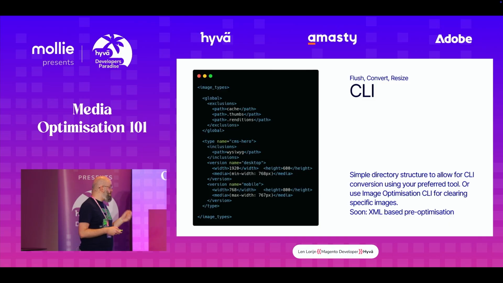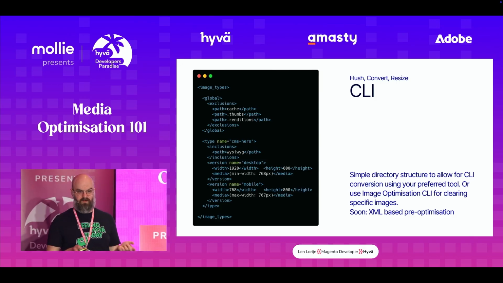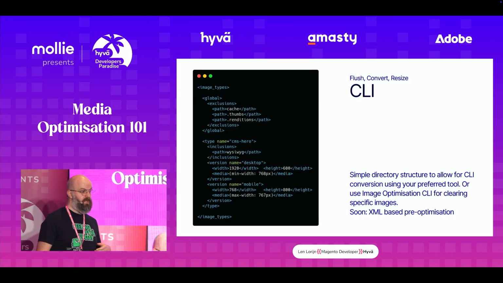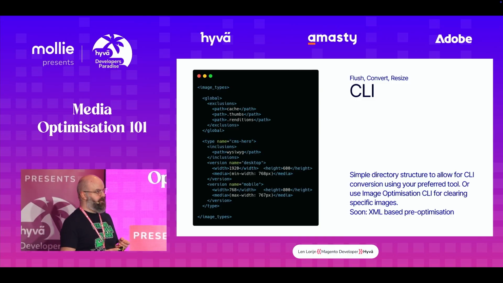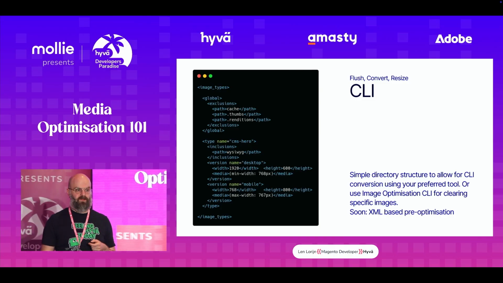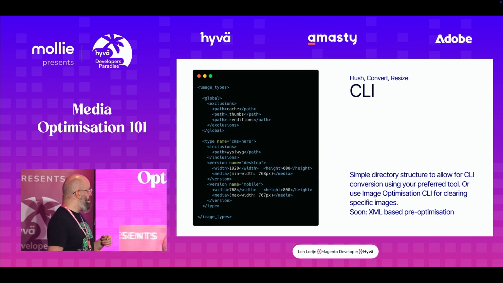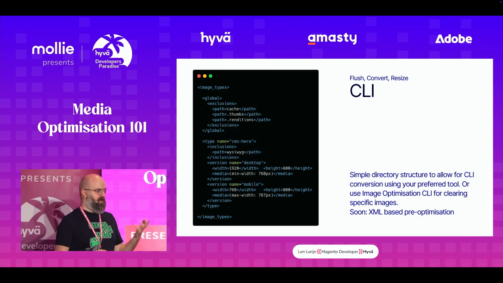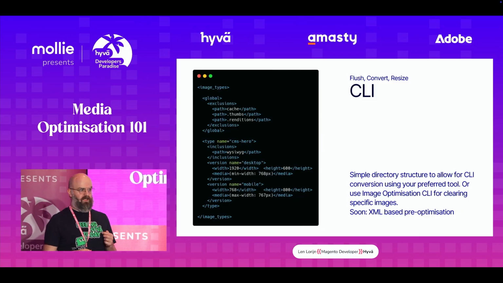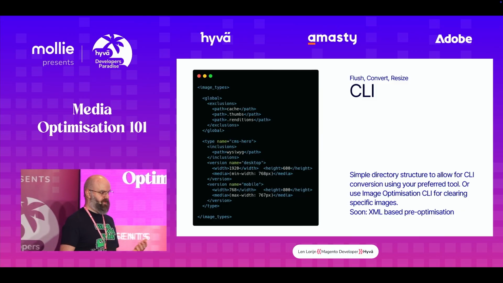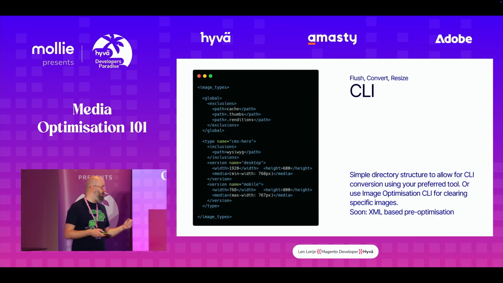And then this is coming soon. It's defining all those sizes through XML. So you might already know the view XML, where this is already done for product images. This is a little bit more flexible. You can define this also within your custom modules, for example. And with this XML, we also know a lot more about these images, right? We know what sizes they should be. So predictively, we can